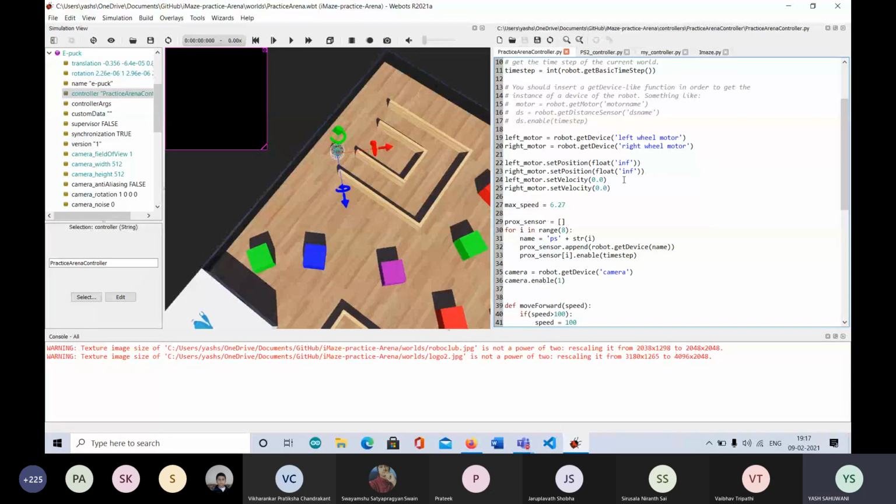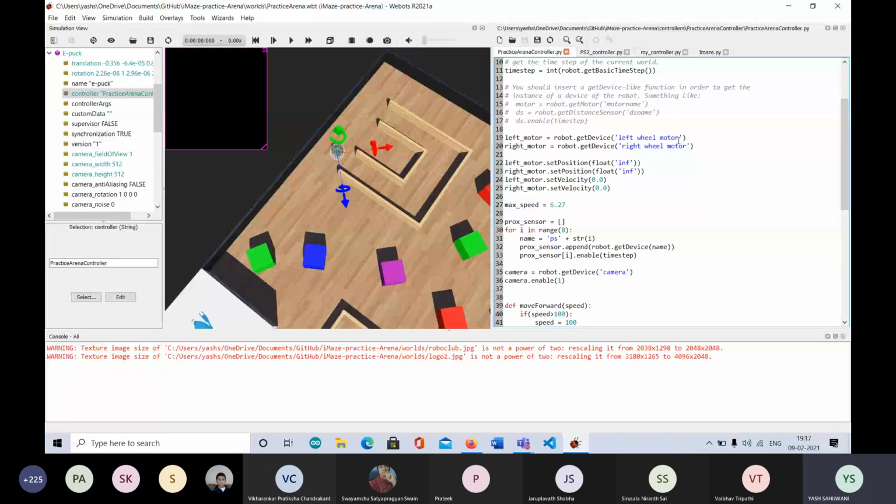Now this is what I have done. Here we first initialize the motors. Before moving on to the simulation, we need to initialize everything. We need to initialize the motors, the distance sensors, and the cameras. So first up, we have the different motors, left and right. Obviously, the epoch is a two-wheeled robot. There are only two wheels, so only two motors.